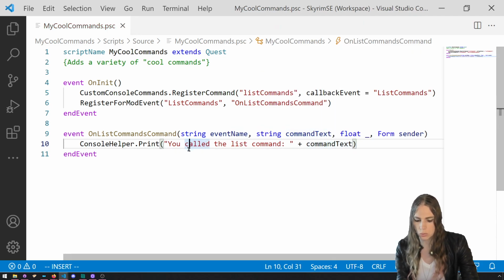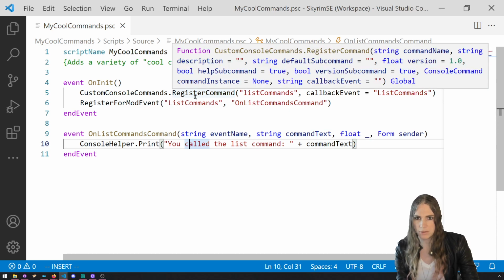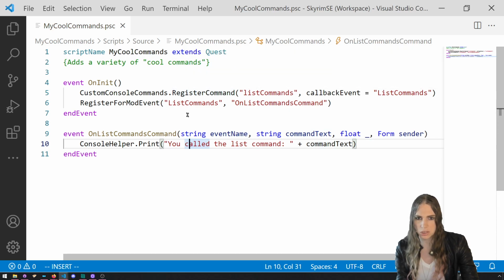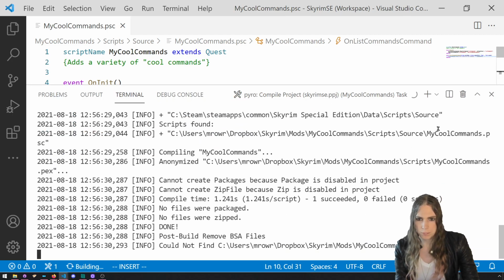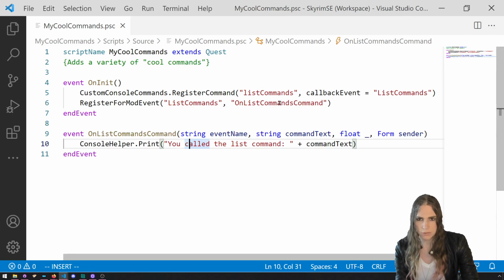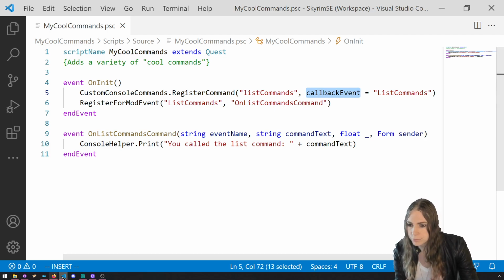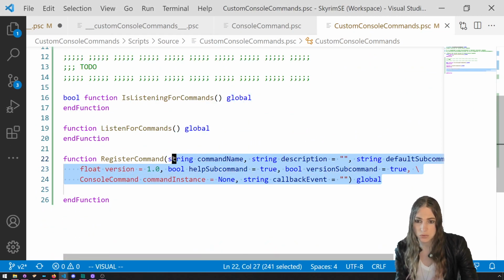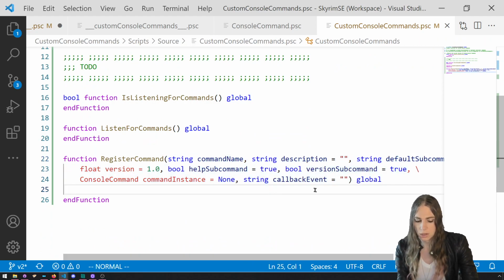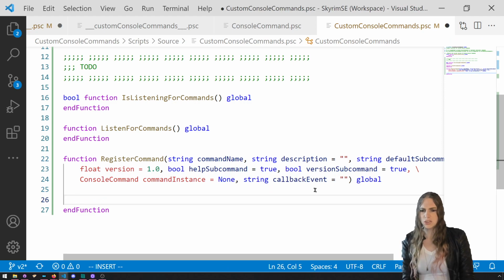Cool. Maybe we'll even have this provide a parser. All right, so that shouldn't actually have compiled because, oh yeah, this does actually work, because that does actually match this really long thing because everything has default values. So when you register a command,